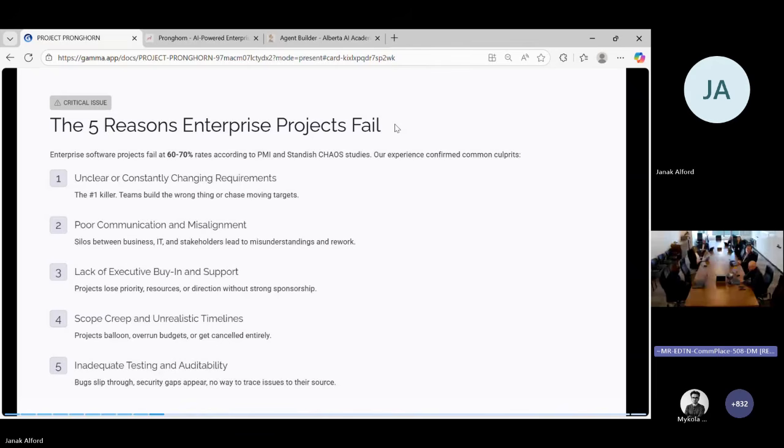Poor communication or misalignment, lack of executive support, scope creep, and inadequate testing. And interestingly, none of these say the code was too tough. None of them say we just didn't know how to code it. Those aren't the things that kill projects. We've got great coders, we've got great technical resources in the Government of Alberta, but still these 5 things are